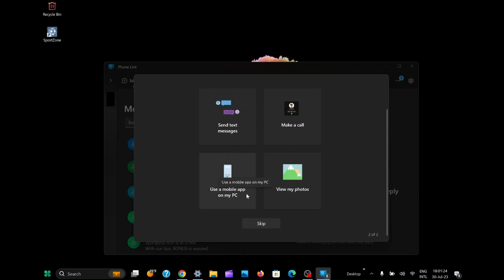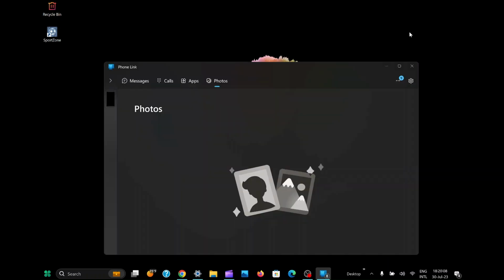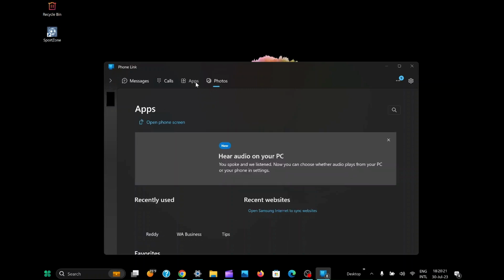Prepare for tech command. All your treasured apps from your phone line up like digital soldiers on your PC. With a simple click of your mouse, you hold the power to interact with any app: the magic of technology at your fingertips. Connecting your phone to your PC using a phone link application can significantly enhance your productivity and